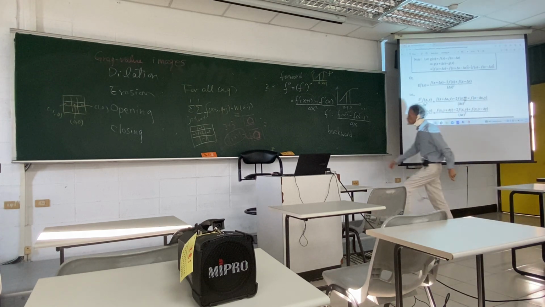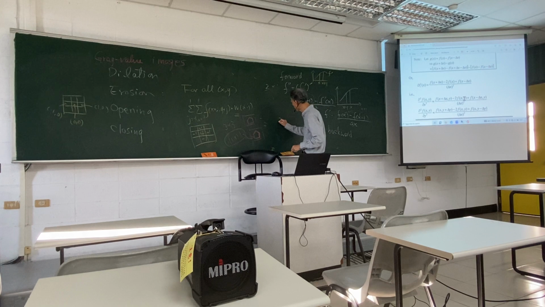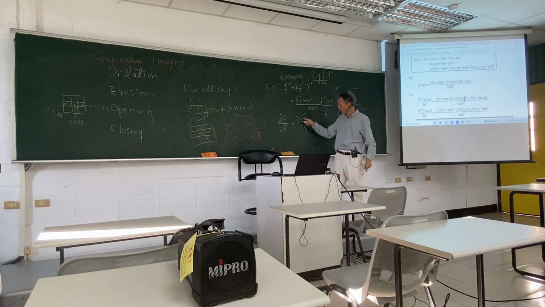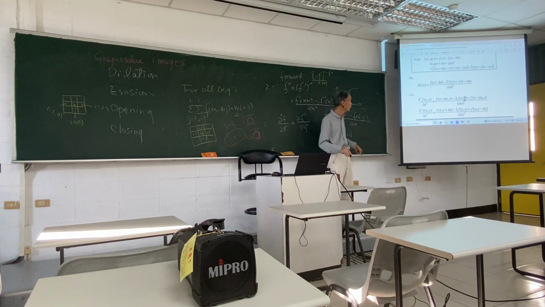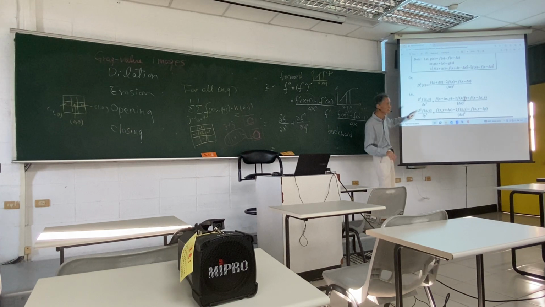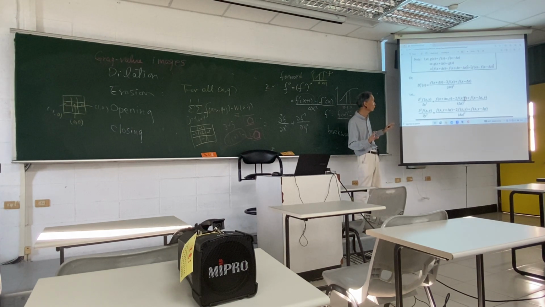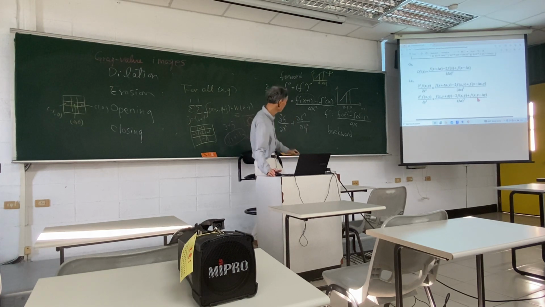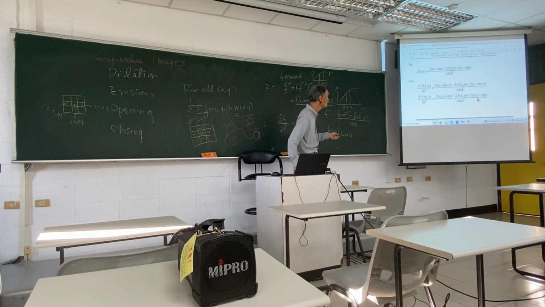And remember, because we are talking about the magnitude, we have to sum them up, the second derivative with respect to x and also with respect to y, which means you need to add this term and this term. So in total, if you add them together, you can find